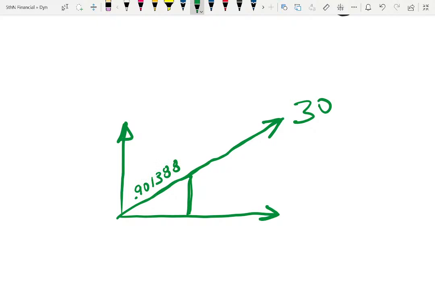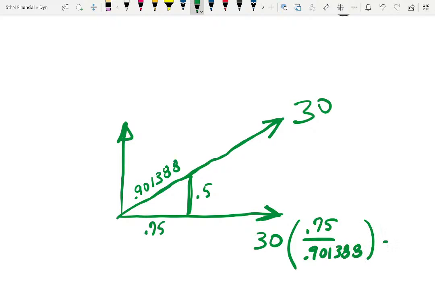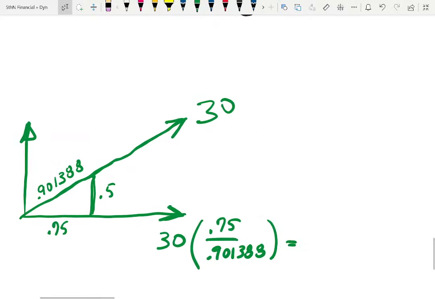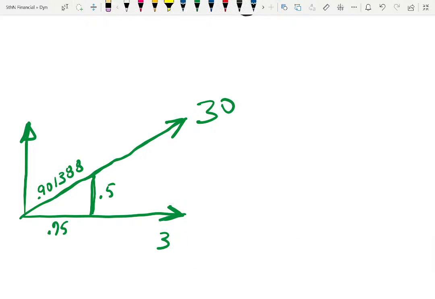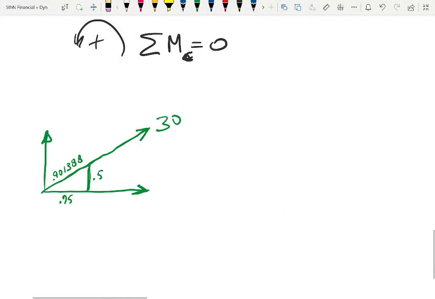So if I want to know this length, I take 30 and multiply it times 0.75 over 0.90138 equals, you know what, if I made this a little bigger,